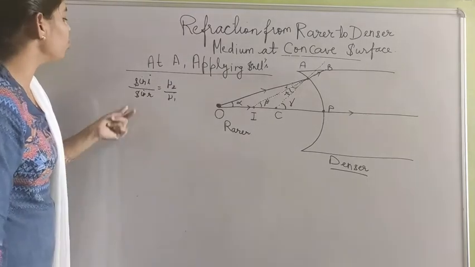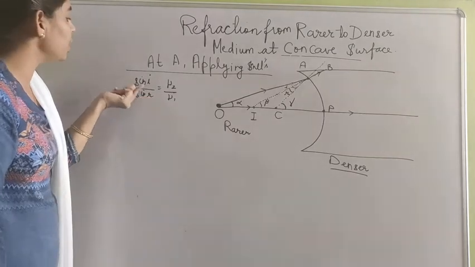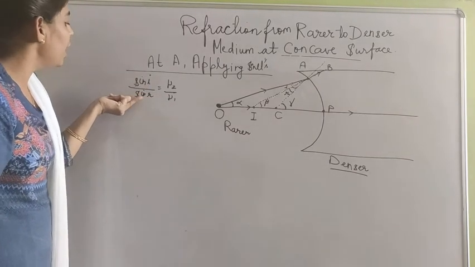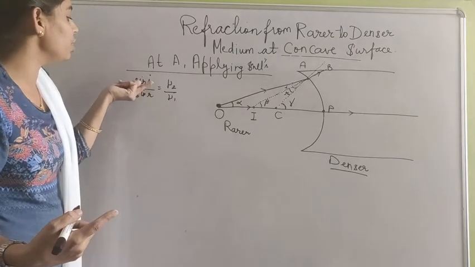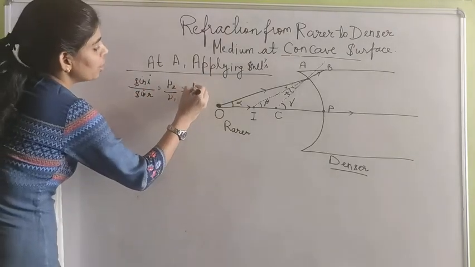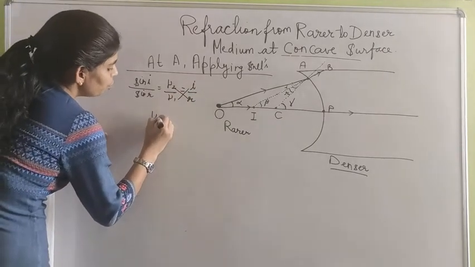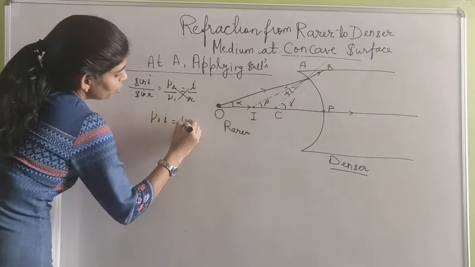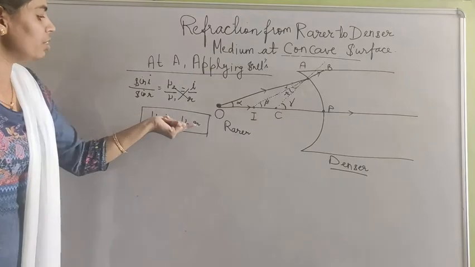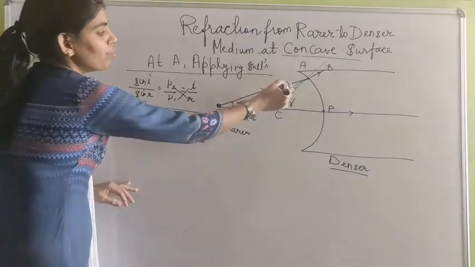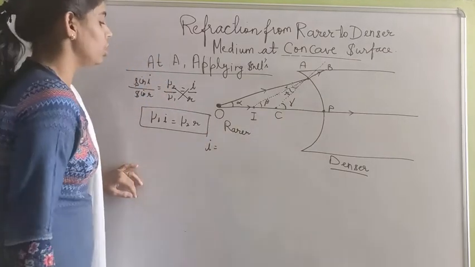In the first video I told you that when the angle of incidence and angle of reflection are very small, we can simply replace the sine of the angle of incidence and the sine of the angle of refraction by the angles themselves. So it would become I by R. Simply cross multiply, so it becomes mu1 I is equal to mu2 R. Now you can see we need the angle of incidence and angle of refraction. So from this figure we will find out the value of I, the angle of incidence.